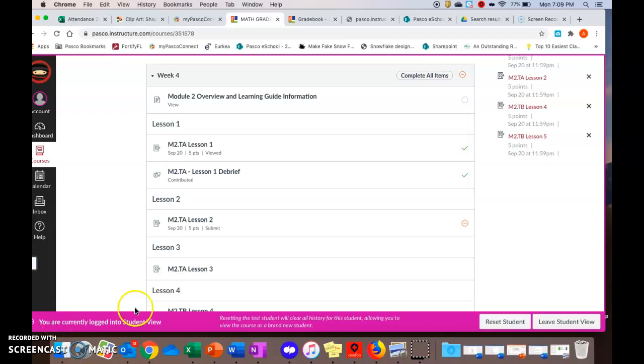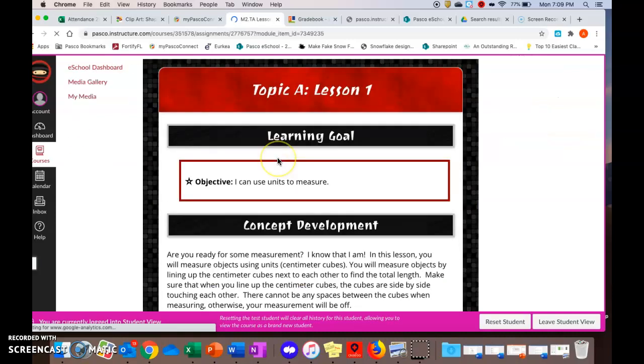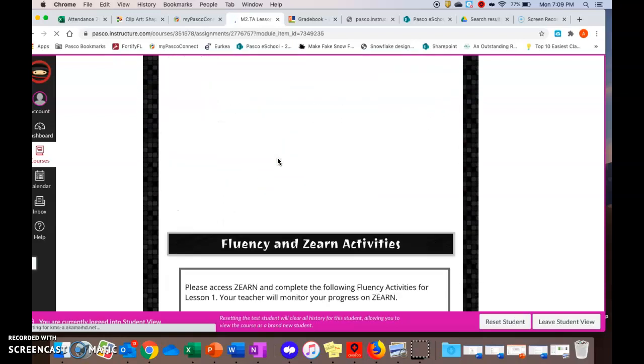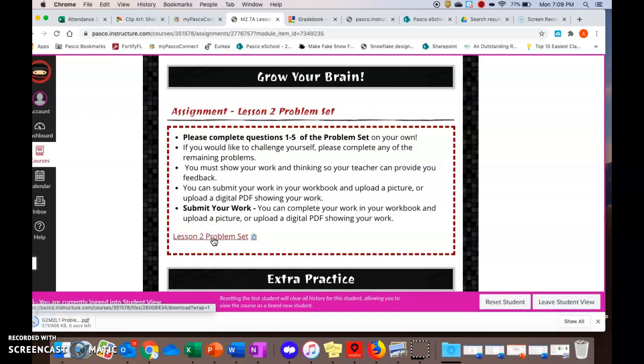Okay, I'm going to show you how to annotate on a PDF. So if I go into my lesson and whatever I want to use, I was going to do this problem set, I can open the problem set so it downloads as a PDF,